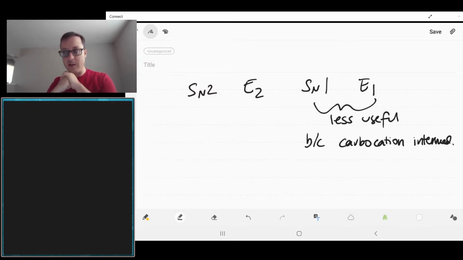SN2 is pretty good, but we find that it's less commonly used. Because it only substitutes something, right? These kind of substitute something. So they will take